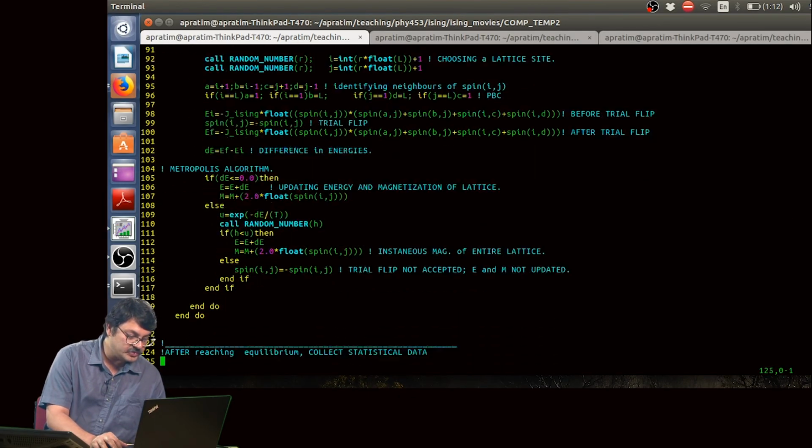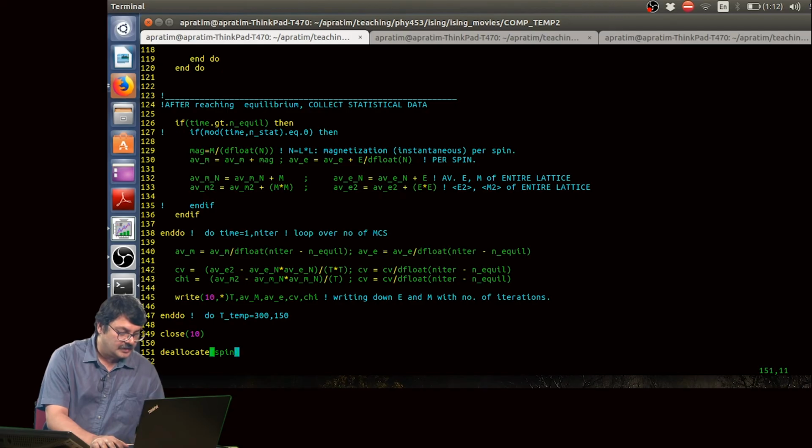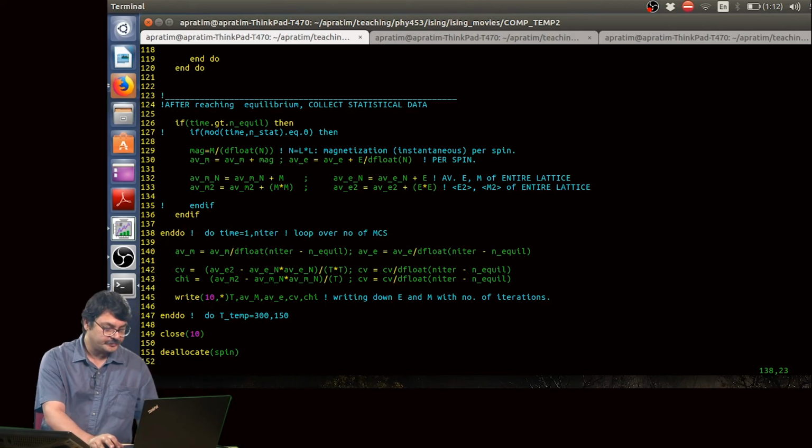So at each temperature, you have the end of the do loop over time, where time goes from 1 to niter. Here is where we calculate the different averages of these quantities. I am adding the magnetization to the quantity average M, the energy per spin to average E, and so on.